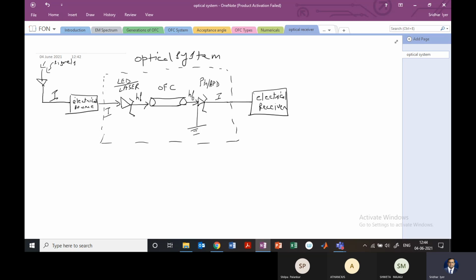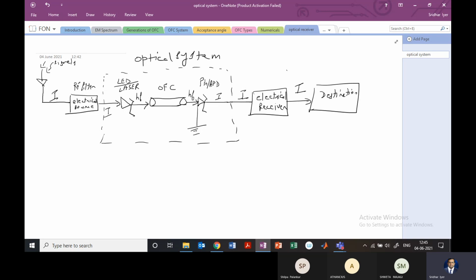The electrical source is just going to take these signals and filter out whatever is the data which we require. So this will have an RF filter, and it will filter out all the other data which we do not need, and it will just pass the data which we need, and the output is going to be current. Now the input to the electrical receiver after the pin and APD is also current, but it is going to be corrupted by the noise and other factors. Therefore, this electrical receiver needs to have that kind of a filter or other devices, so that its output, which is also in the form of current, is the one which is desired at the destination.